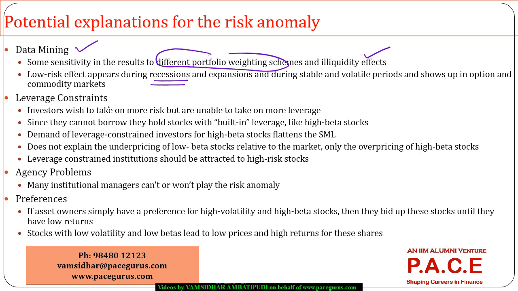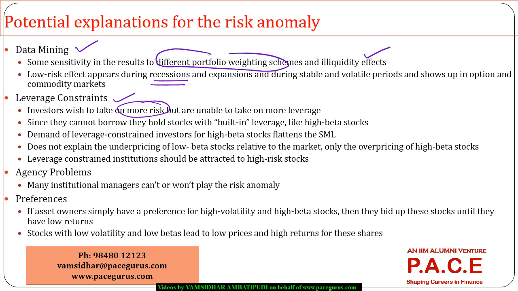Then the other possible explanation for the risk anomaly is a leverage constraint. Investors wish to take on more risk, but they are constrained in the amount of leverage they can take. So they are willing to take the risk, but they can't take the leverage. The higher the risk they are taking, the higher could be the leverage, and they have a constraint with respect to the amount of leverage that they can typically take. They cannot borrow,